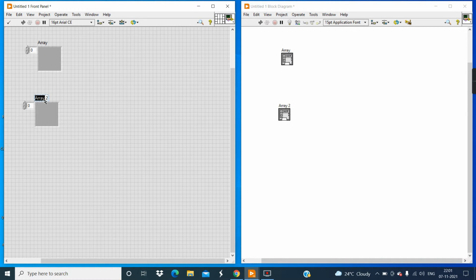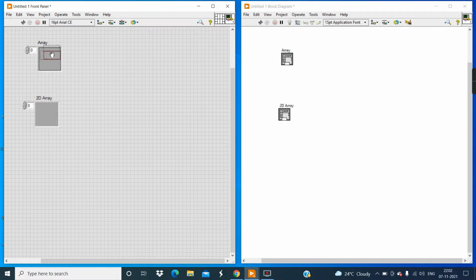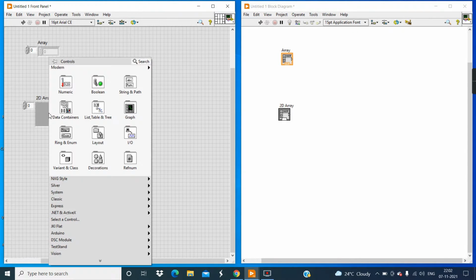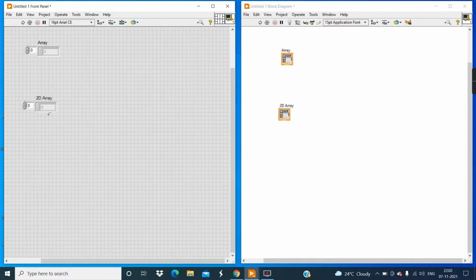This is for the 2D array. Simply go to the numeric palette, click on this numeric control and put it here. Here also, numeric palette, numeric control, put it here.